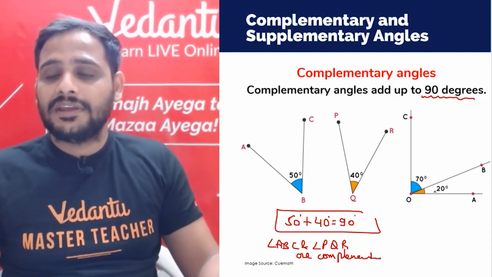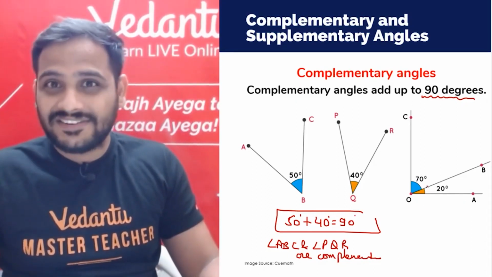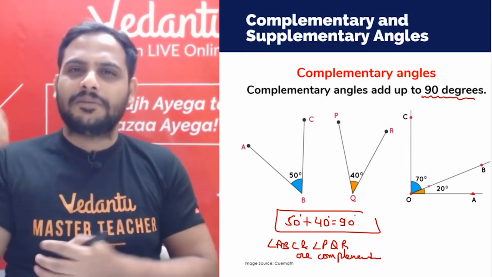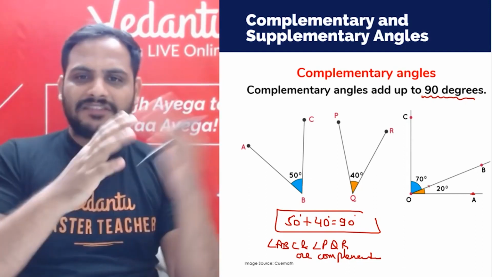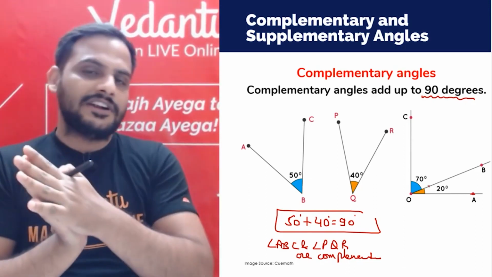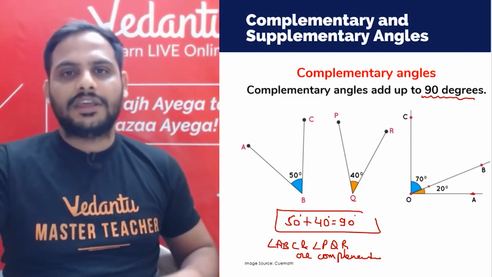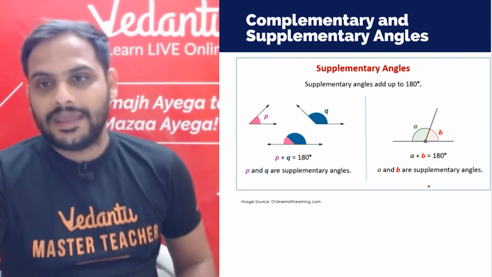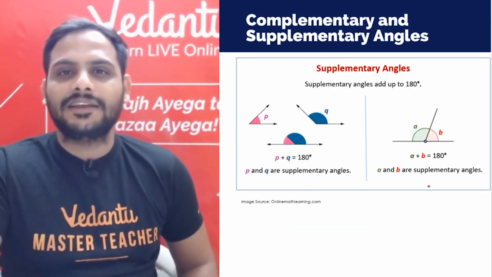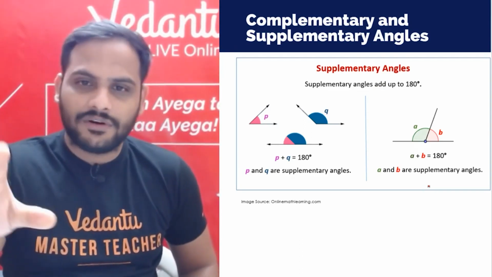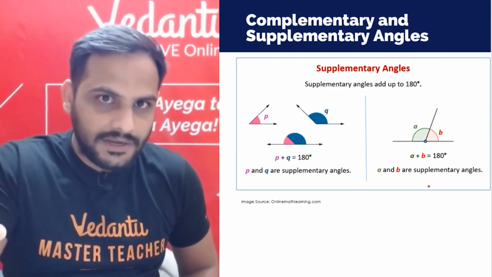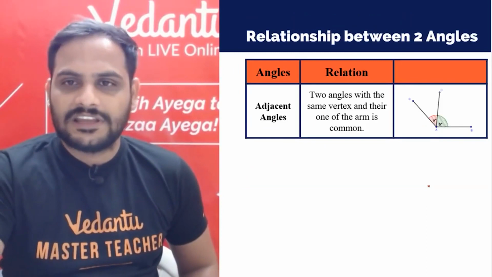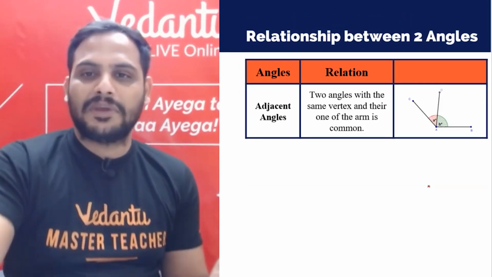or they can be adjacent to each other. So these are called adjacent angles. So like angle AOB and angle COB are complementary because 70 plus 20 is 90 degrees. Okay? So it can be separate also, it can be adjacent to each other also, having a common arm. They will be complementary angles if the sum of those two angles is 90 degrees. And if the sum becomes 180 degrees, then they will be called supplementary angles. And here also the angles can be separate or the angles can be adjacent to each other as well. Okay, beta.